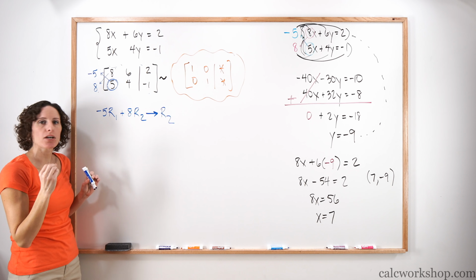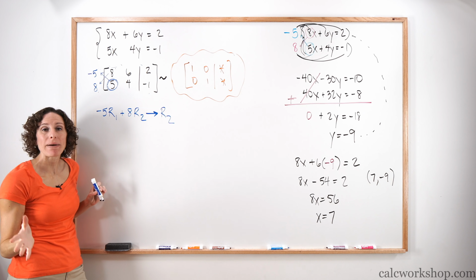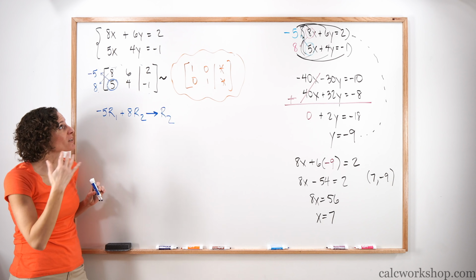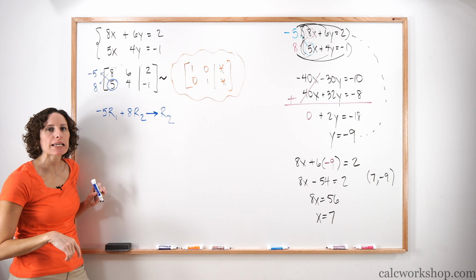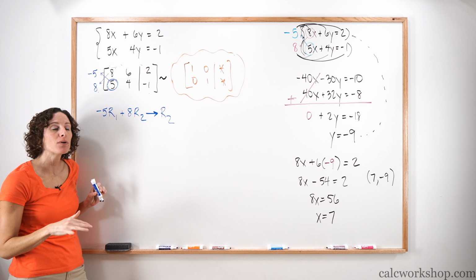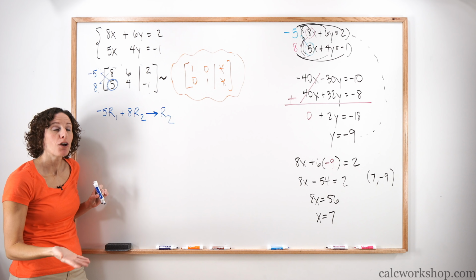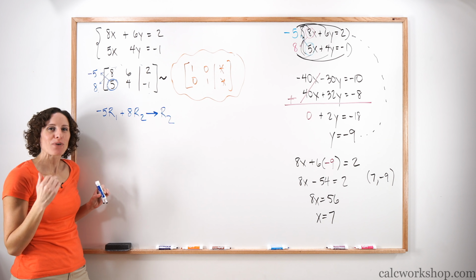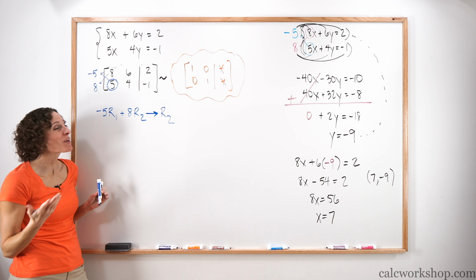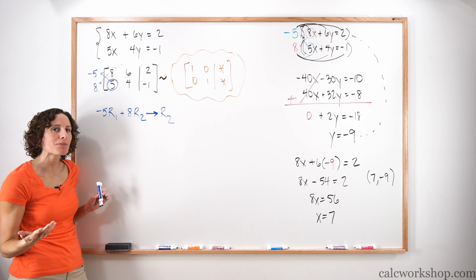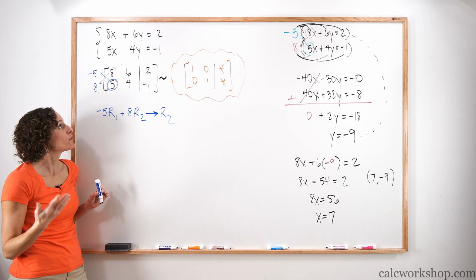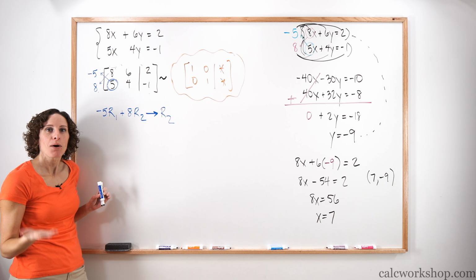Again, when you get really good at this, you can do it all mentally in your head. If you can multiply and add numbers quickly and easily and arithmetic is no problem for you, then you don't need to write this down. For the rest of us mere mortals, we might need to write it down because we don't want to make a silly mistake. I make silly mistakes with arithmetic all the time. So make sure we get it right by writing it down.